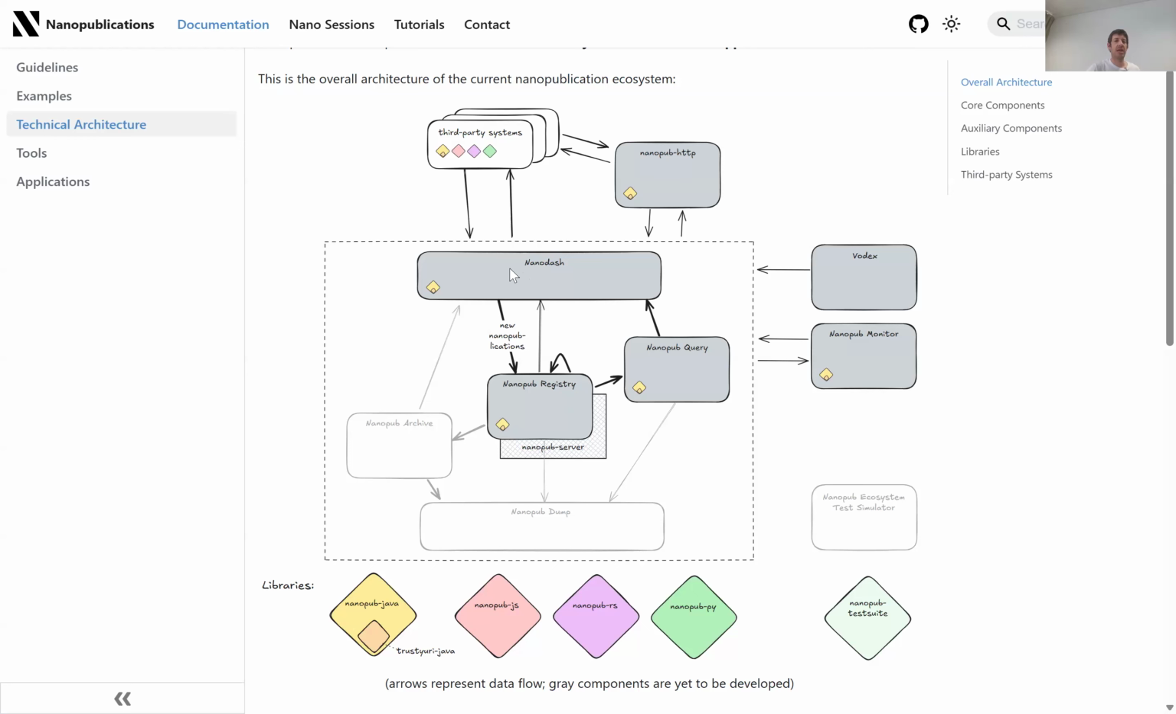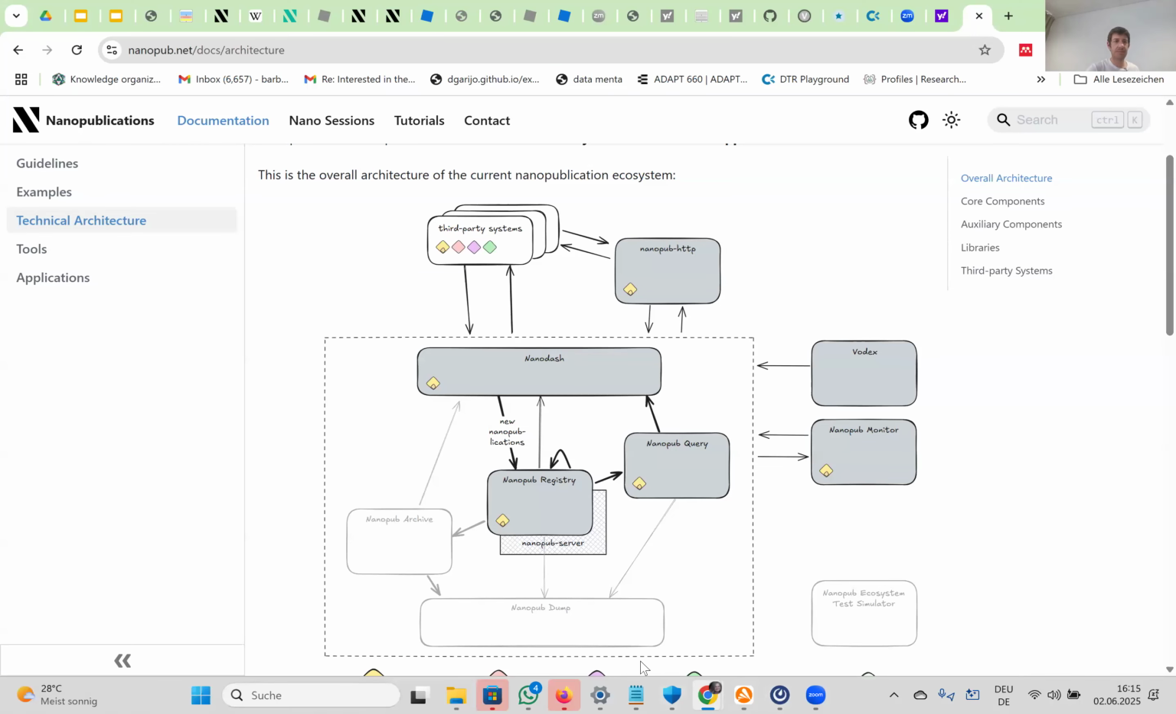So if you want to publish a new nanopub, you push it to the Nanopub registry. If you want to get the content of one particular nanopub, you retrieve it. If you want to do more sophisticated queries, like SPARQL, you go via the Nanopub Query. And all the tools around can do the same, and there's a number of libraries that support that. So that's just a quick recap from the previous sessions. And now, if we go back to the slides,